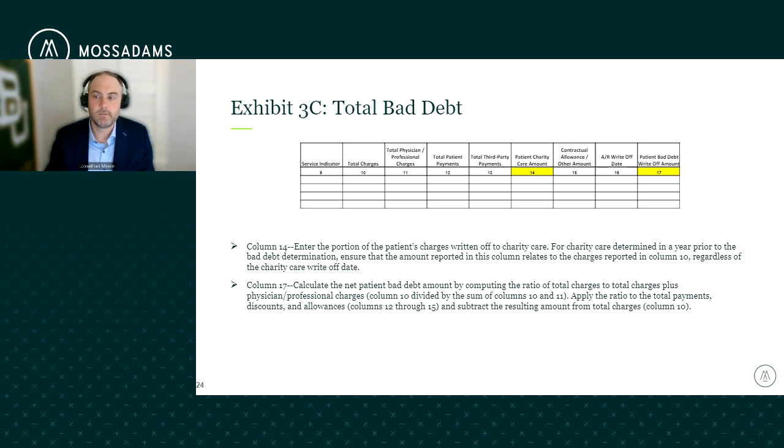A lot of systems may have those separated, and when they're separated, you still have to make sure that at the end of the day, the activity, total charges, less patient payments, insurance activity, charity amount, ultimately ends up, the bad debt amount has to basically reconcile out to the balance. And so that's just something to look at, that column 17, to make sure, again, you don't have anything where it looks like the bad debt write-off amount is greater than what you ultimately can claim.